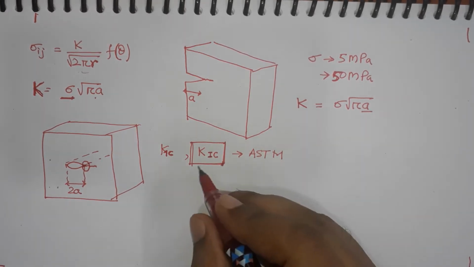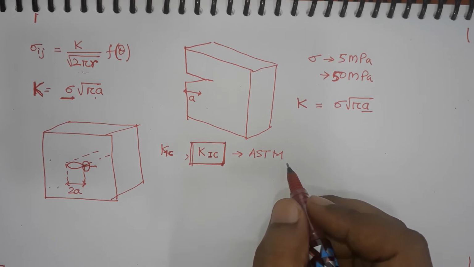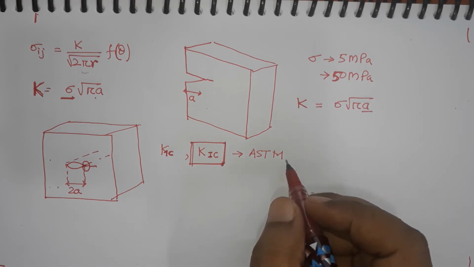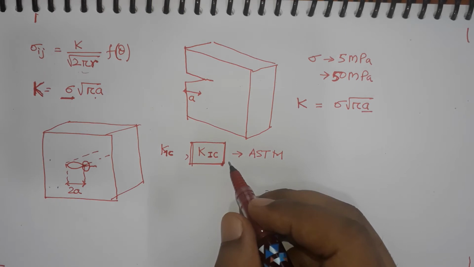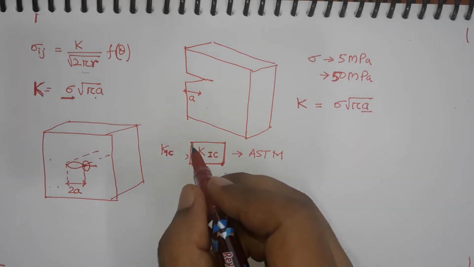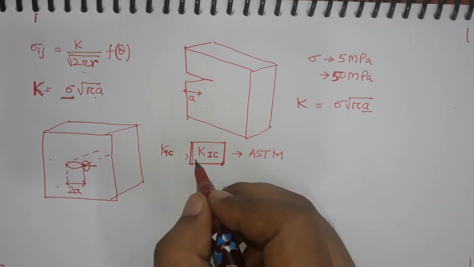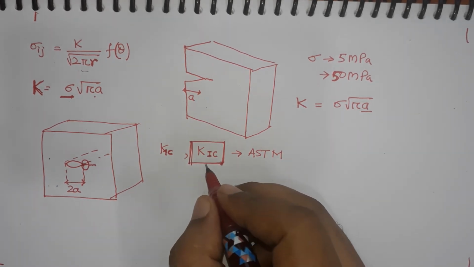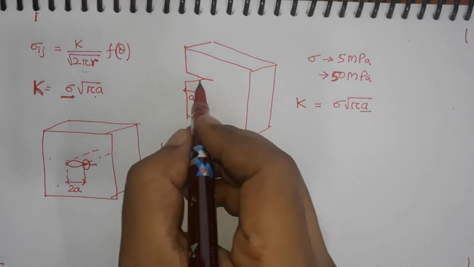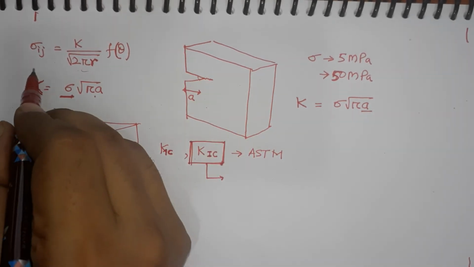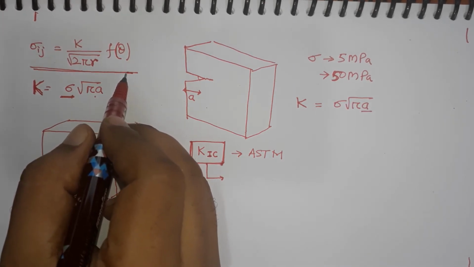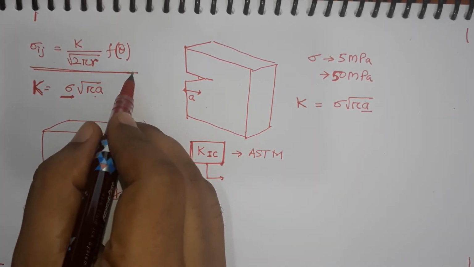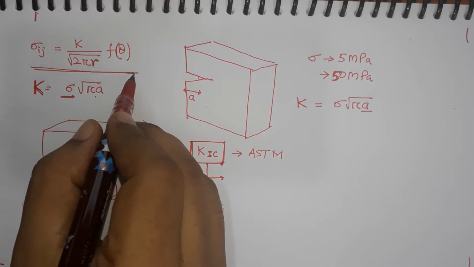So, before we go there and before we define how we calculate the crack initiation fracture toughness, we must understand that a crack initiates and then it propagates, and we are here interested in the initiation fracture toughness, which is K1C. The requirement of K1C is that the remote stresses must be defined by the theory of elasticity, because this equation has arrived from the theory of elasticity. Okay. So, this equation was calculated by Irwin